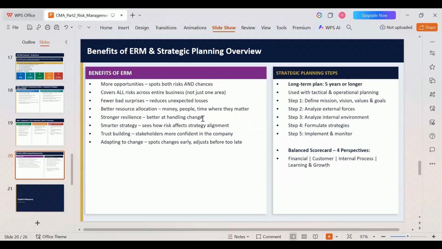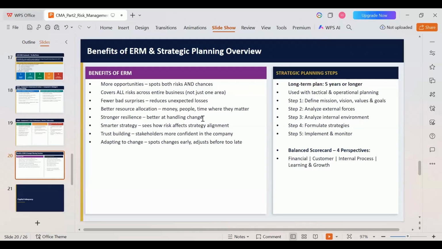Next up, as I told you earlier, strategic planning is the very first step that we take in the business, and risk is present from the inception of the business till its end. So it will be a really good option to integrate our enterprise risk management along with strategic planning, because the company's entire operations are involved in strategic planning. If we build risk management within the strategic planning, then it will be implemented easily, quickly, and in a timely manner throughout the company. We can implement it very well.